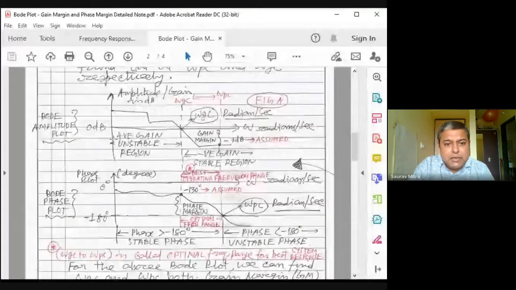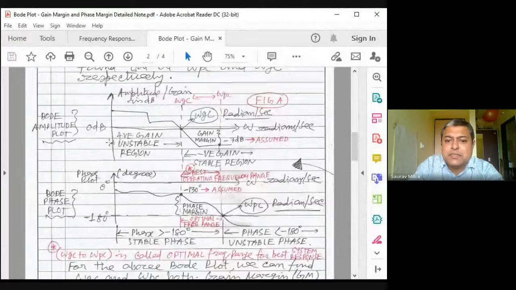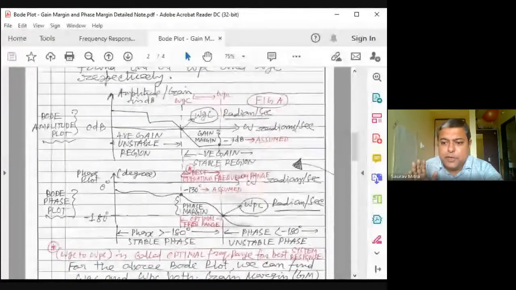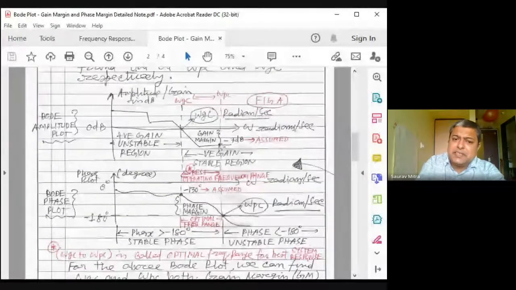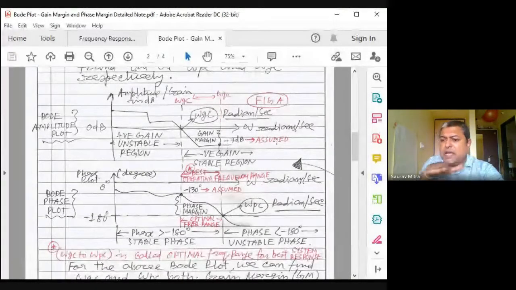In this case, you can see this initial part is called the unstable gain region. Why? Because in this case, the system gain is greater than 0 dB, and whenever system gain is greater than 0 dB, it is called unstable gain. Here, it is called critically stable gain at omega GC. And after that, you find that gain is less than 0 dB. That means this is a stable gain region. As the frequency keeps increasing, the gain will stay here. So it has reached steady state. The gain will stay below, and parallelly it will go to omega equal to infinity.